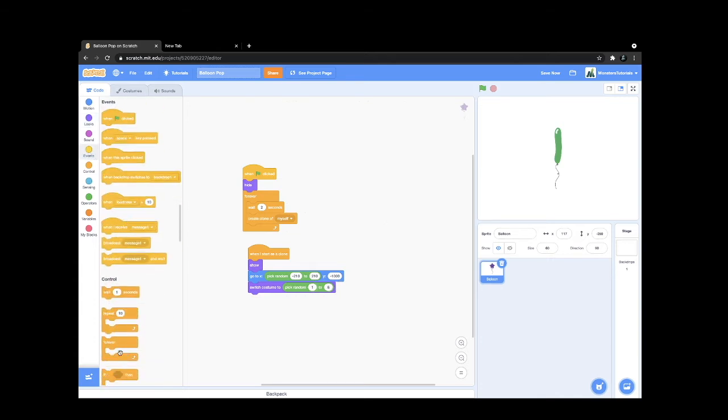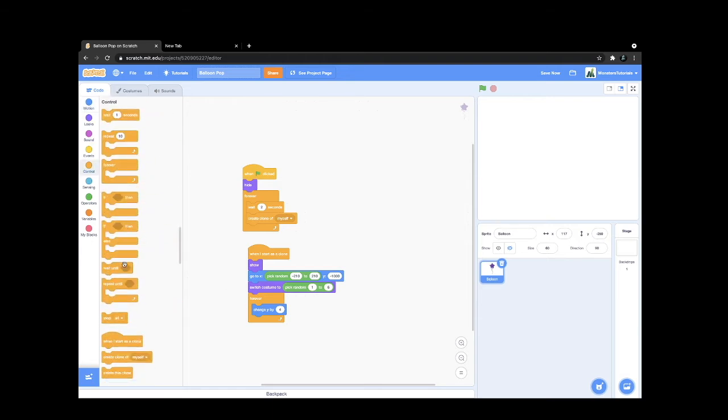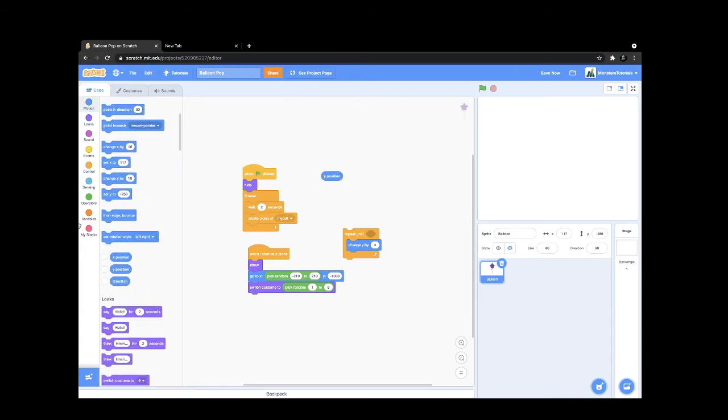Great. So now forever, motion change Y by 4. So now if you try this out, let's see how it ends up. And you have this random balloon going up. If you click the balloon, nothing actually happens. But that's pretty cool. So now I'm going to change this to a repeat until, and repeat until my Y